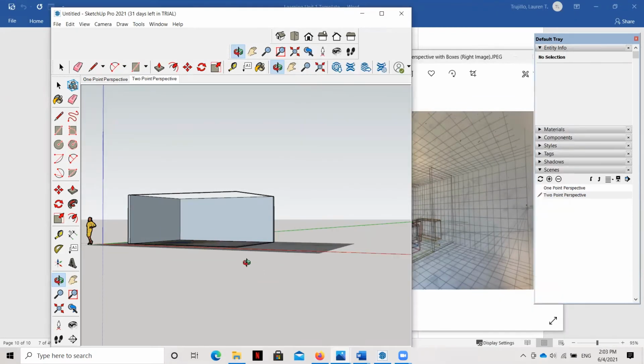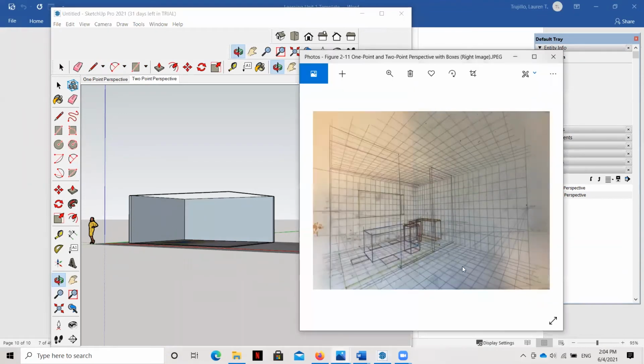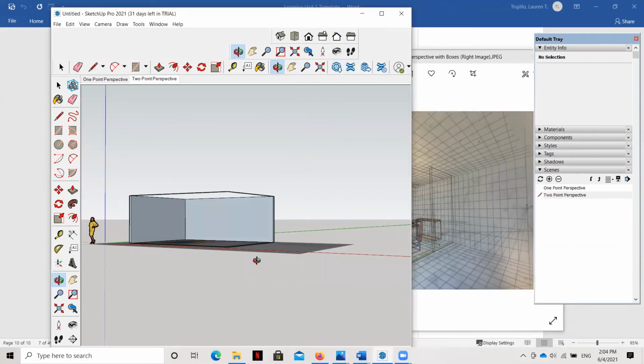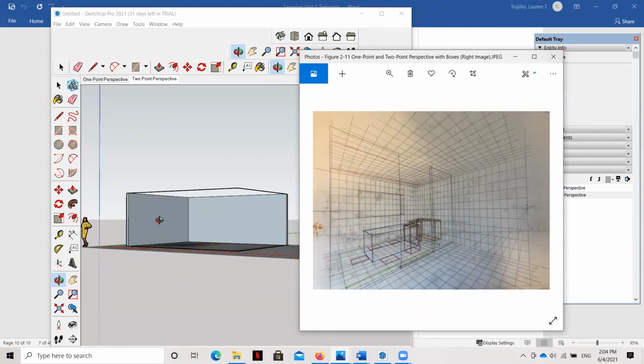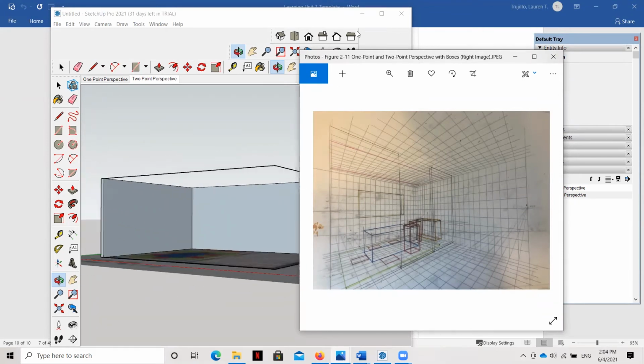Now we just have to move it just a little bit and flatten out that wall so that the true height line is right in the corner there, right where we want it. That's looking pretty good. I'm going to move it over just a little bit more. Okay. And now you can see here that our 2-point perspective is looking very similar to the version that we created by hand.